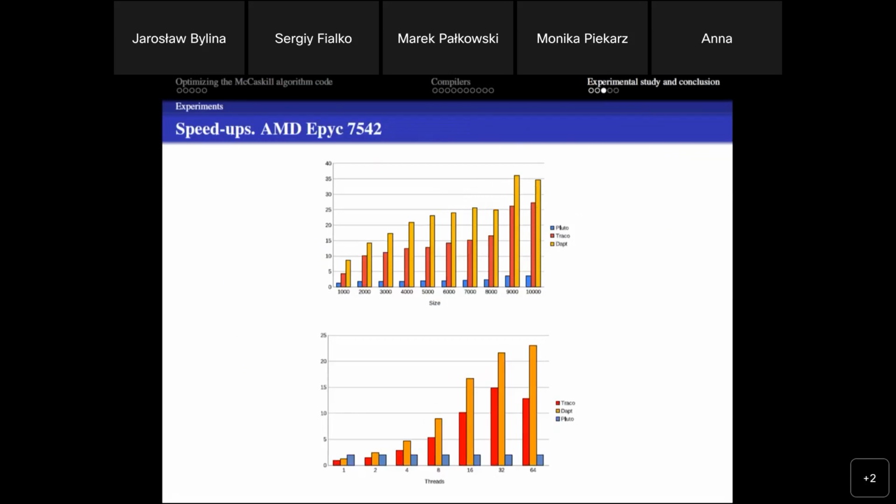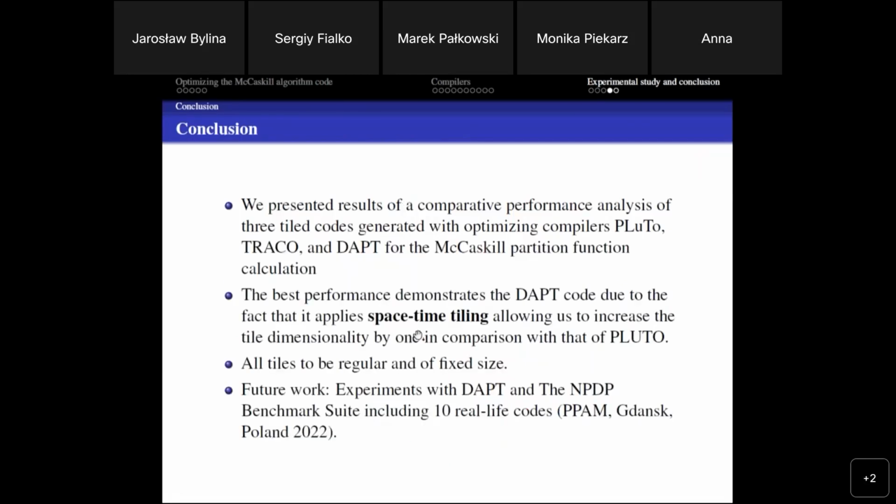I think the result is that we chose the Intel C compiler, and maybe those results were better than on the AMD EPYC 7542 processor. Okay, and in conclusion, this is one of the first papers that presents the new tiling strategy, which is very interesting and is our future